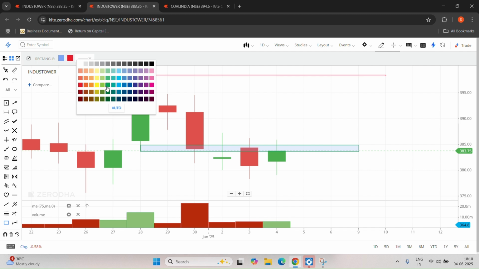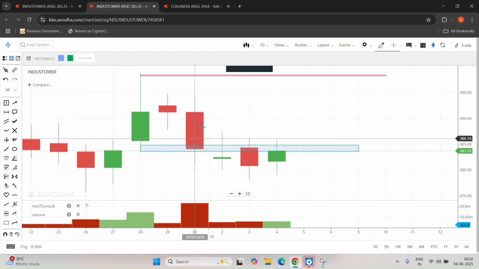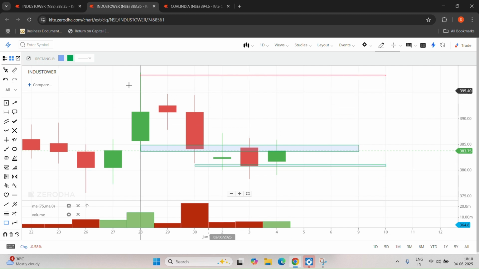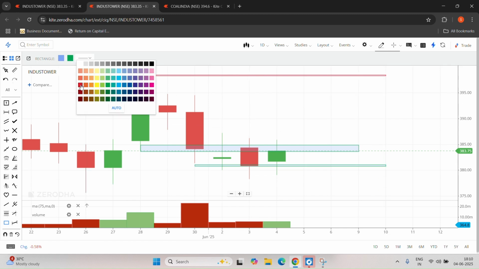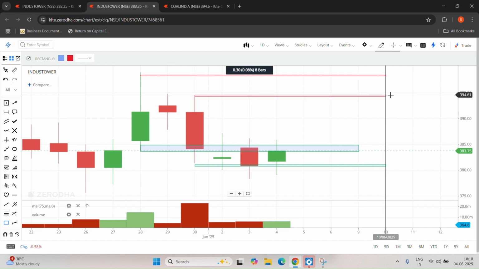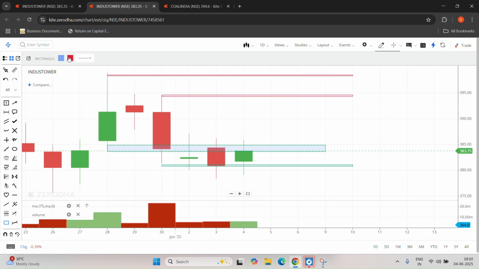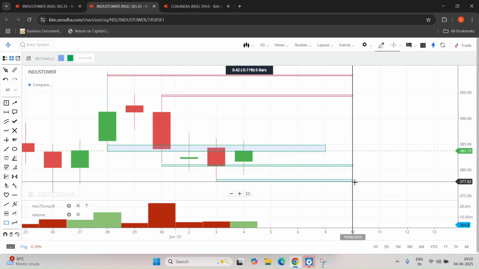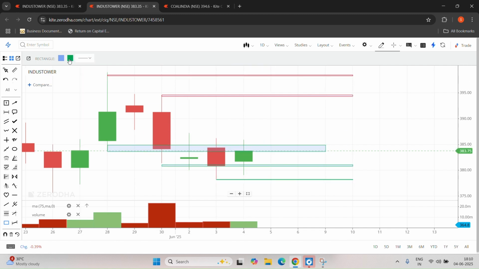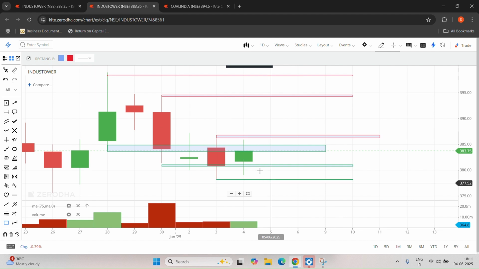Again, this particular candle has more volume than the previous one, so support and resistance. Again, if you see, this particular candle has higher volume, so support and resistance. So if we had to trade today, that is on 4th,